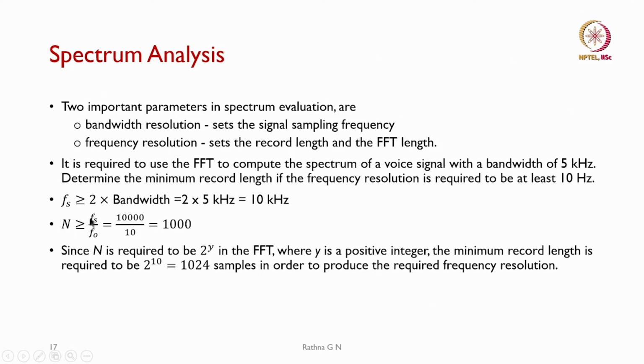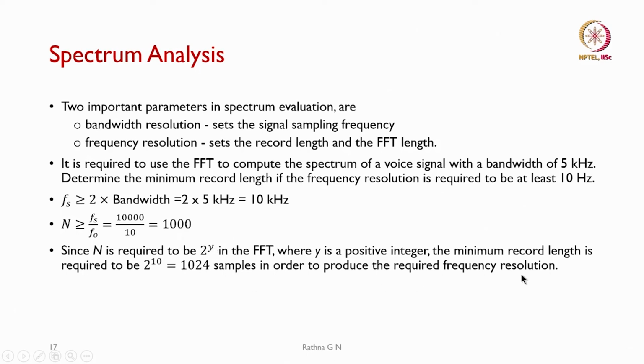This should be greater than or equal to Fs by F naught. F naught is the spacing, which has been given as 10 hertz. That means 10 kilohertz divided by 10 is going to give us 1000 samples. So, to do our FFT computation, we know that the nearest power of 2 for 1000 is going to be 1024, that is 2 to the power of 10, which is 1024. That is the FFT size we have to use for this signal in order to produce the